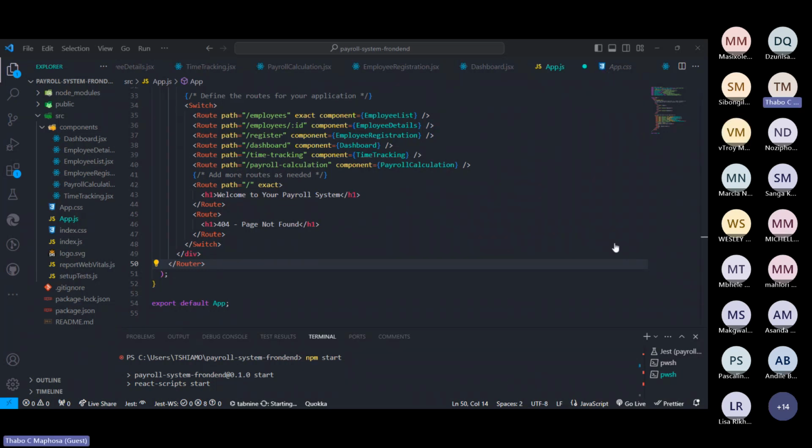I just sent the link to the documentation on the chat. So you guys can go through that particular documentation and see how to make use of Bootstrap, how it actually works and things like that, so that you can have a quick feel of this Bootstrap thing.